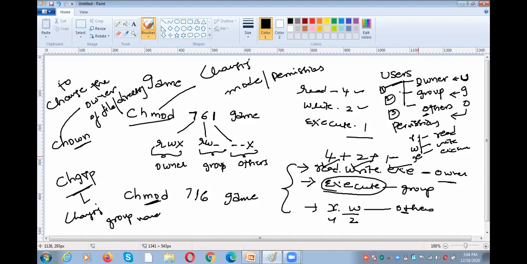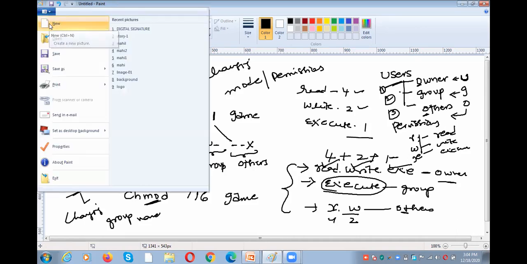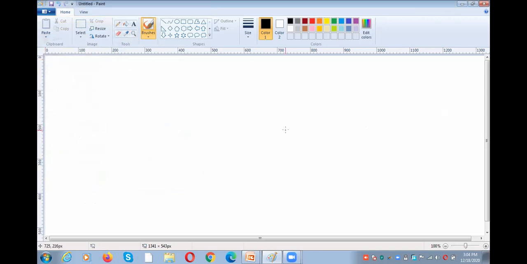So this is one way of giving a permission to the file. There is another way of giving a permission. So here if you observe 7, 6, 1 like that we are giving. So what is another way of changing the permissions? Earlier one is octal. Why? Because we have read 4, write 2, and execute 1. Total 7. So that is called the octal way of changing the permission.